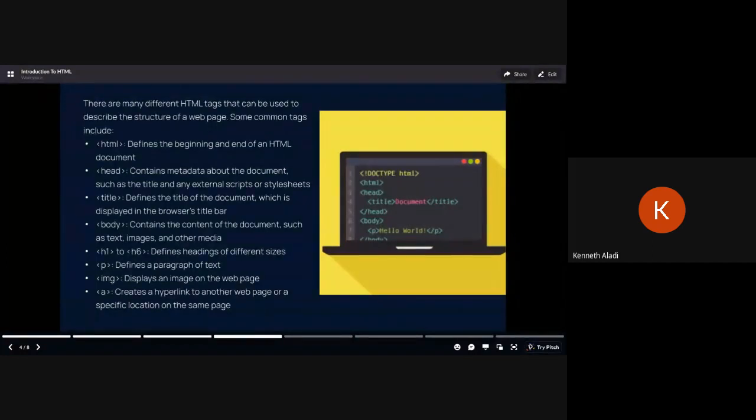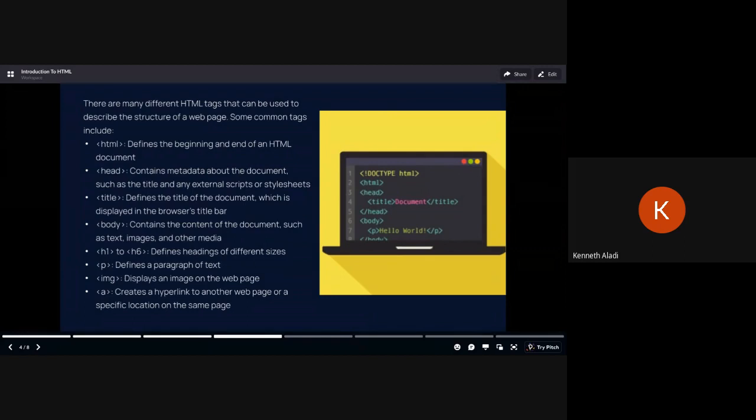Anchor tag is actually a very important aspect of HTML. It's something that comes out in any questions you could hear of, because the anchor tag was actually the pioneer tag of HTML. Remember, I told you that HTML was initially created just as a way to link you to other documents, right? And that is being done using the anchor tag. So the anchor tag creates a hyperlink to another web page or a specific location on the same page. That's what the anchor tag does. Now, to break it down for those people that are hearing HTML for the first time,